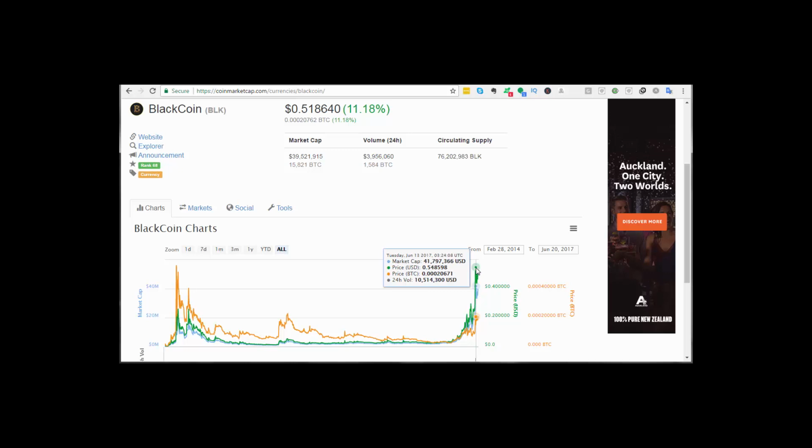and see where it projects that price to. So if I explain that to you, the high here on April 14 was 24 cents in US dollars, and in BTC it's 0.0056, and the high here looks like it's on the 13th of June at 0.54 and 0.0002. So 0.54, 0.0002, and 0.24. So that's a big difference there.